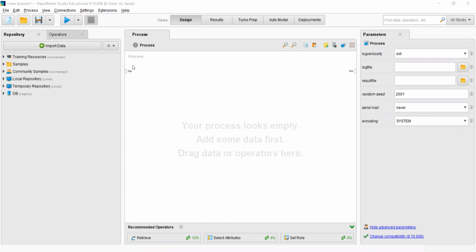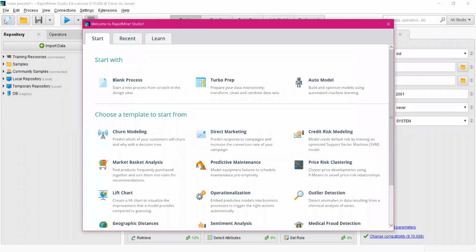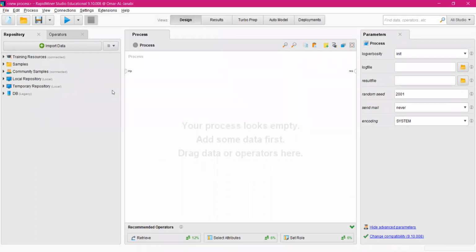So you have to install RapidMiner on your machine, then start with a blank process, which is to start a new process from scratch in the design view. Here you click on new process. As you can see, the platform contains a number of windows, which are the repository, operators, parameters,